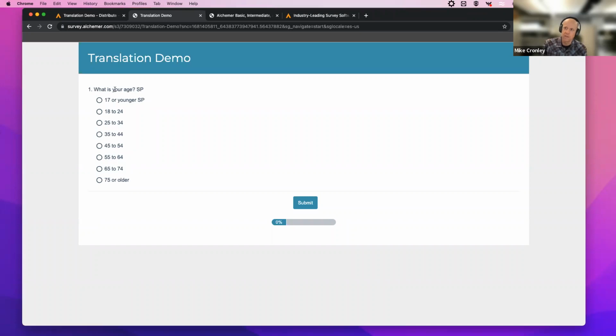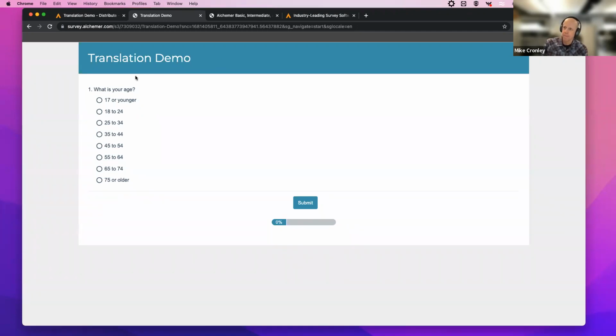So I did change the text for this survey, and that would be Spanish if I was really doing it, right? In our documentation, I know this is a little bit of a gray bar. It's not really prominent to see it right away. In our documentation for translations, there is a way to do a little bit of copy and pasting of some basic code where you can make this highlighted a little bit better.